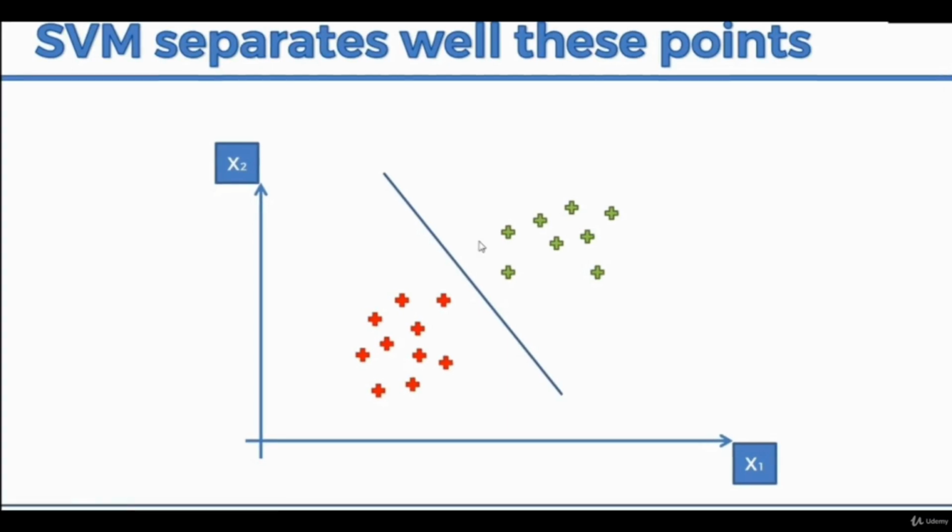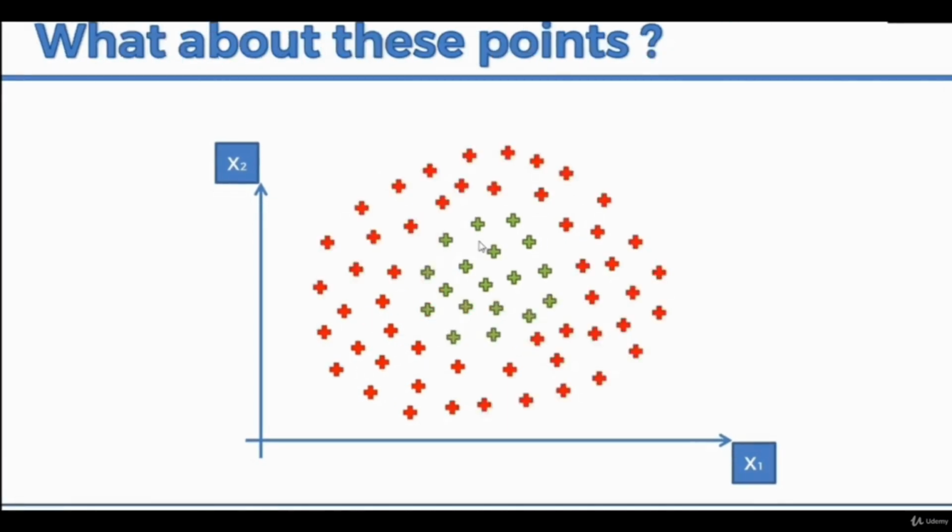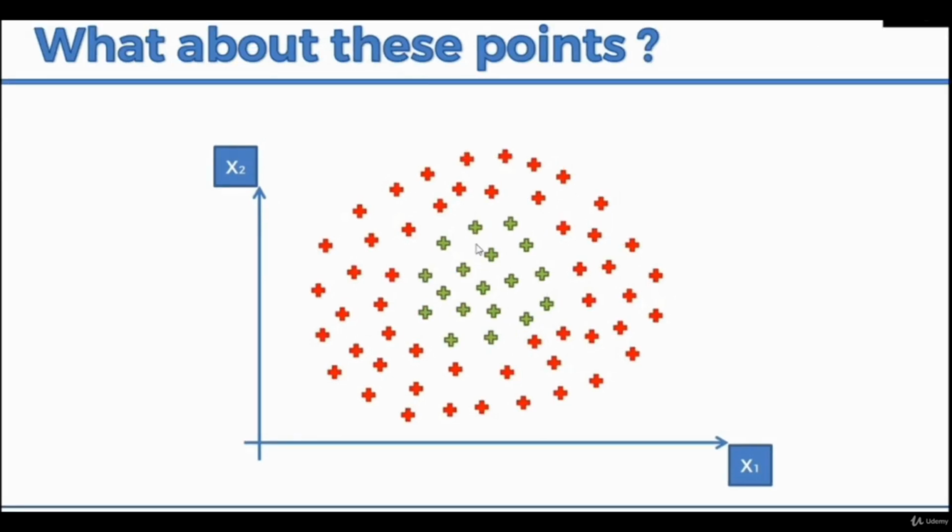Now certain cases come when we see data points like this. As you can see, the red data points are surrounding the green data points. Earlier, the model could create a hyperplane which would split or classify the data points, even a diagonal, vertical or horizontal line, using a linear separator or a linear hyperplane. So how are we going to deal with such problems?